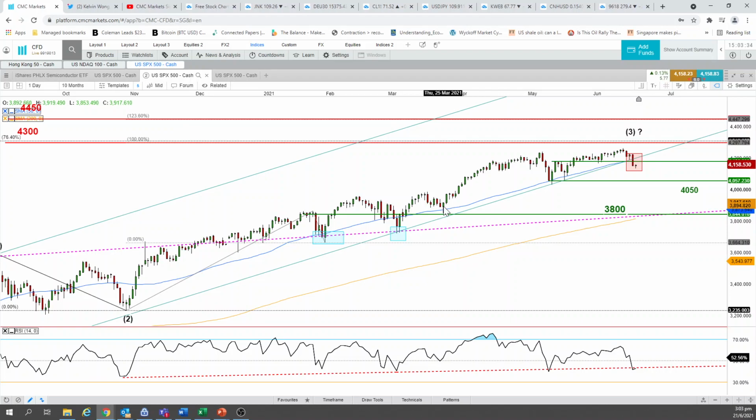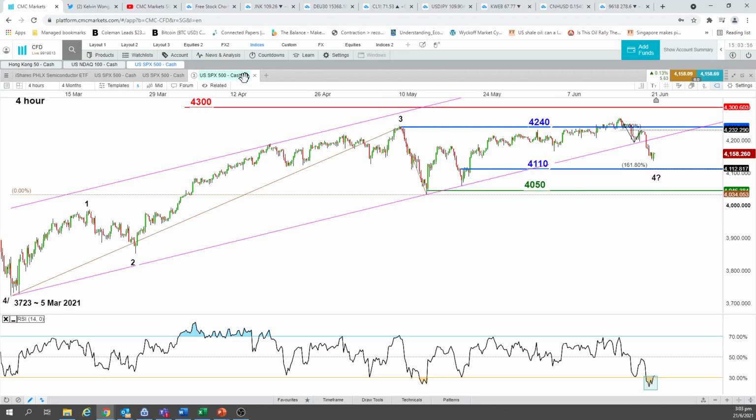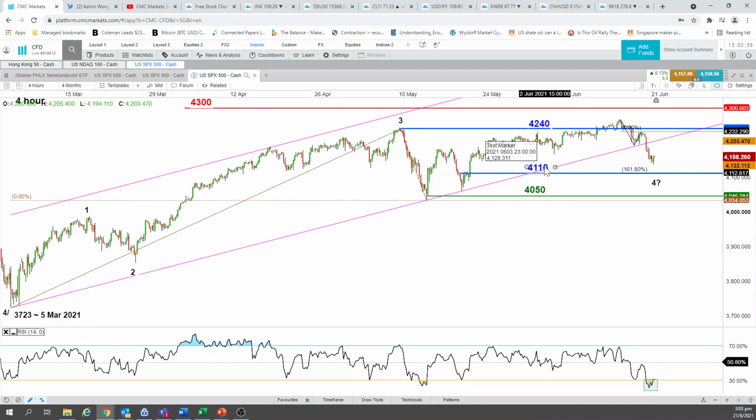So given this scenario, and with the Nasdaq 100 still holding above the support level, it's very hard for me to validate a medium-term down move for the S&P 500 this week. That means we're talking about 1 to 3 weeks of decline. With that in my picture, I will rather turn neutral for now between the level of 4110 and 4248. Okay, 4248, taking into account the last swing high of 10th of May. That's a failure breakout and it came down.